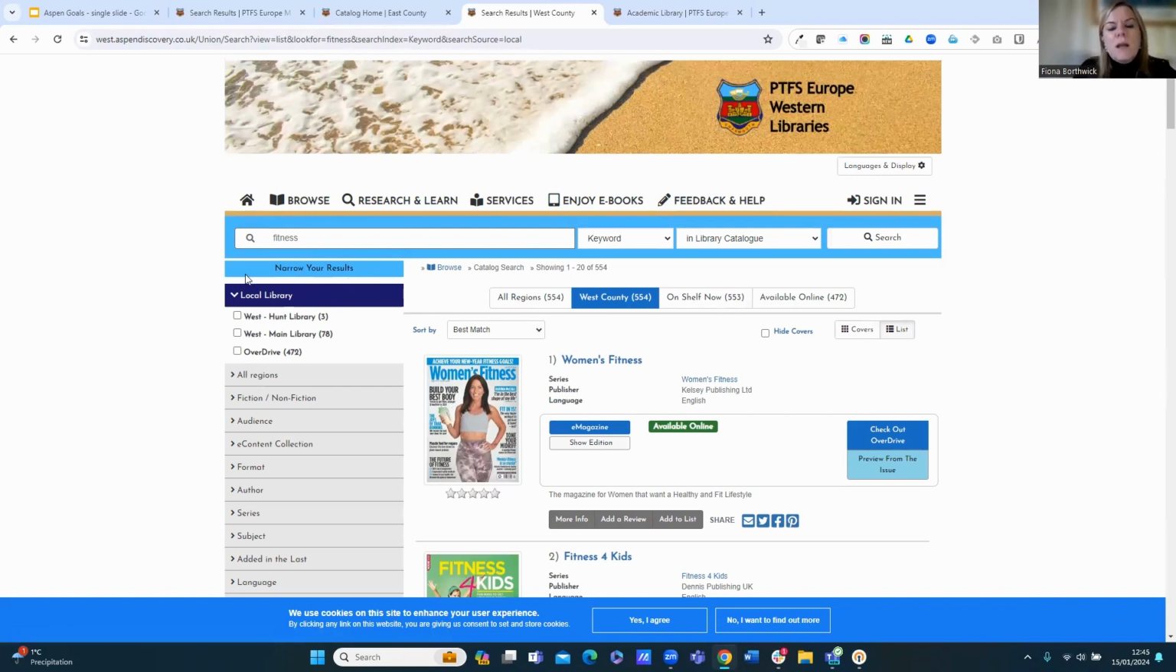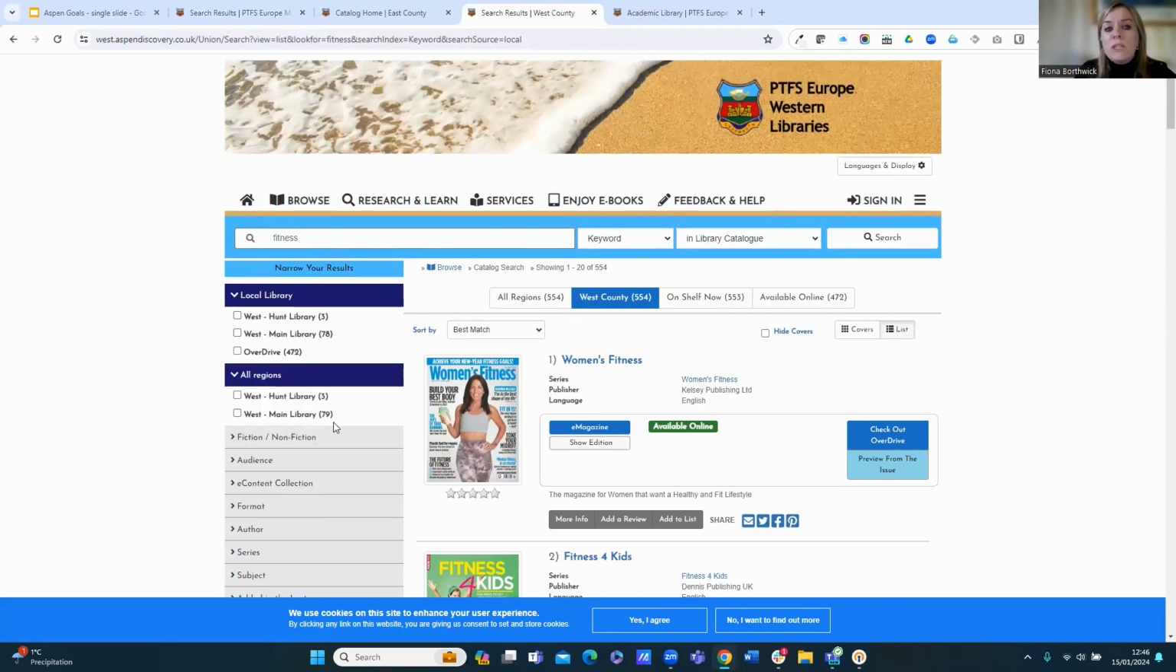So we've got our local library displaying results from these West Hunt and West Main. And if we have a look in all regions, again, it's only the West that you're seeing here. So we're not seeing anything for any library that's outside of that West area. Again, that can be really useful for consortium environments where they do want the scoping done so that they're only